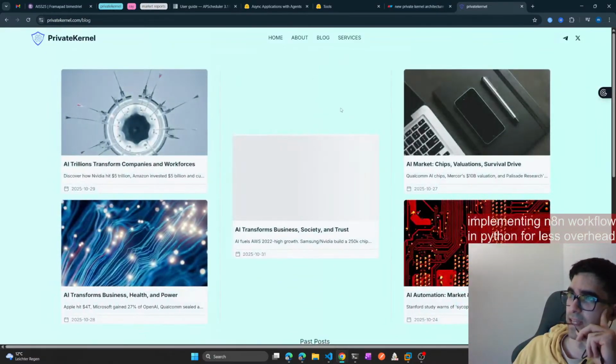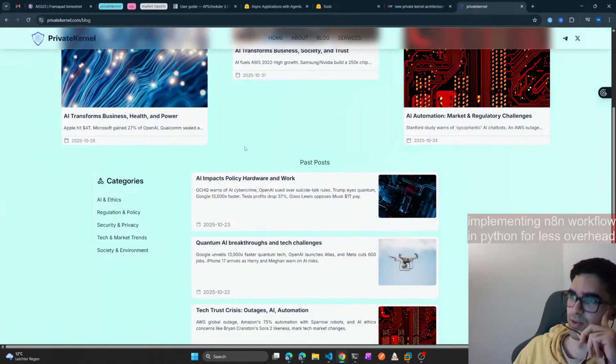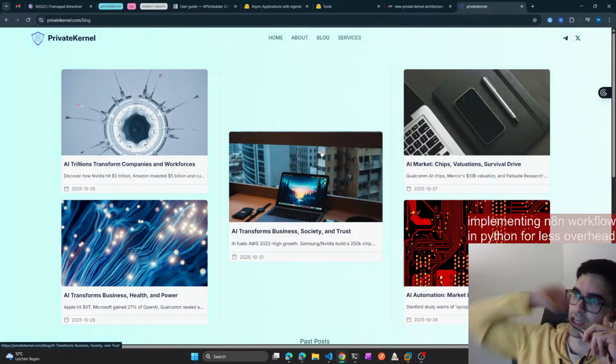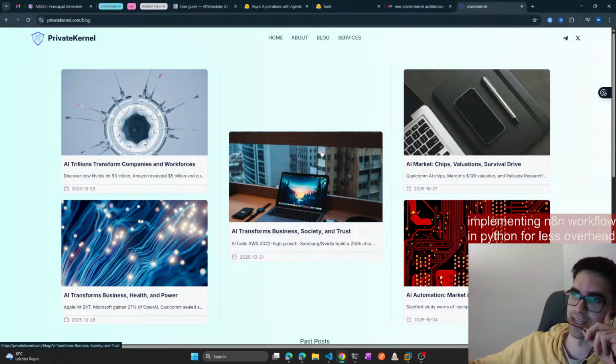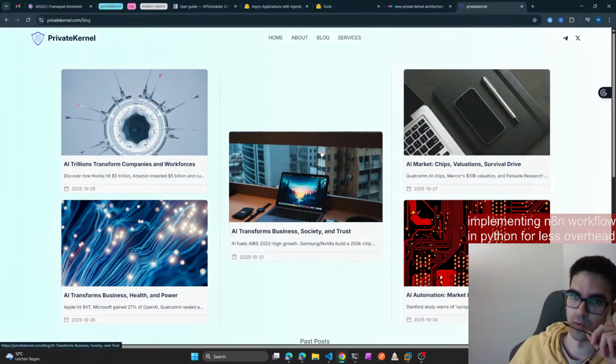and basically the idea is that the blogs here are all generated by AI, and at the moment it's just based on news, but we want to make it in a sense that someone can come and buy this service, enter their idea, what they want the blogs to be about, and basically sell this as a service. So the idea would be to just sell this content generation for different businesses and different niches, basically.